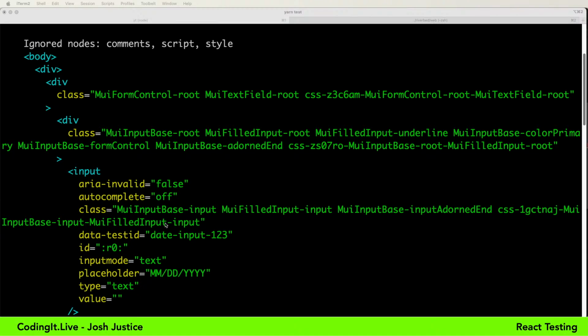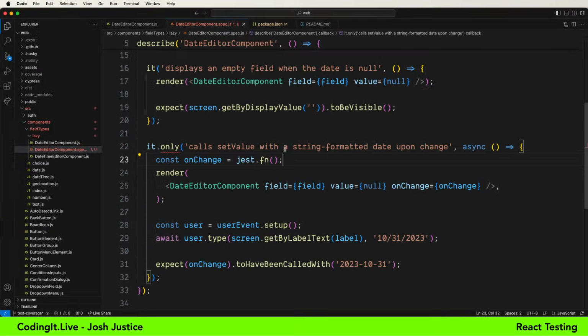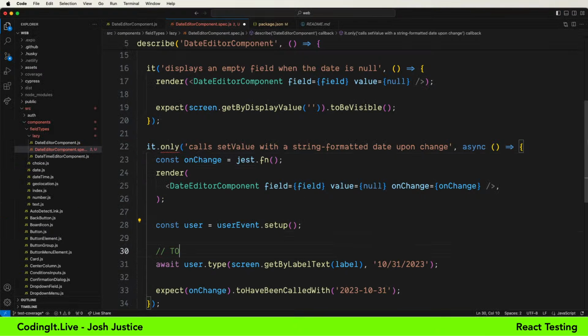I mean, it's helpful that this is being set up. For the sake of adding the test, I'm going to add a to-do for myself there. To-do: see if accessible labels are not being set up by MUI. For now, I think if we just say get by role textbox, it should be the only textbox. So this should at least get that step working.